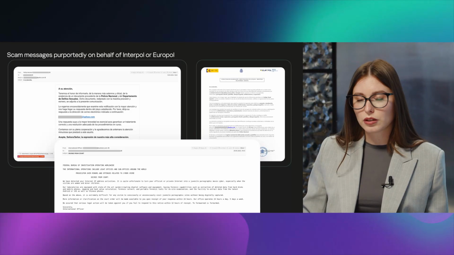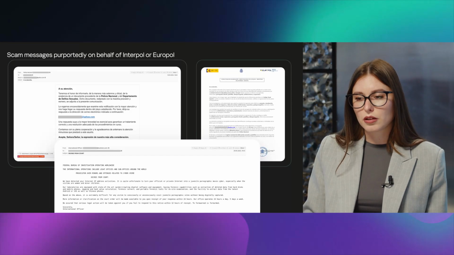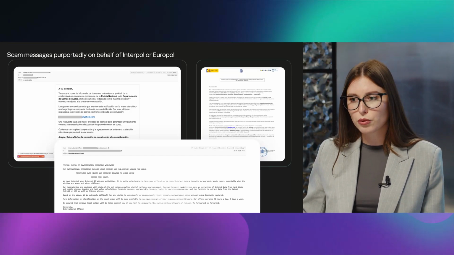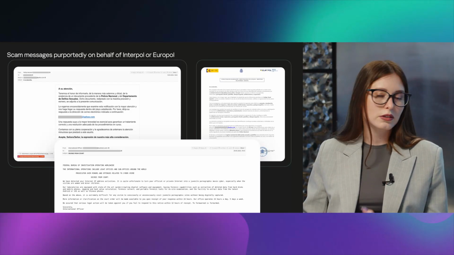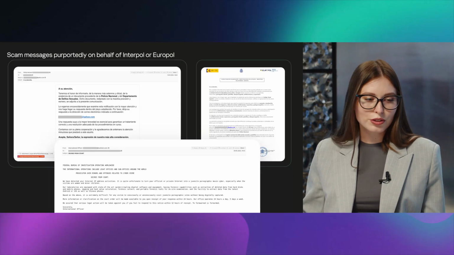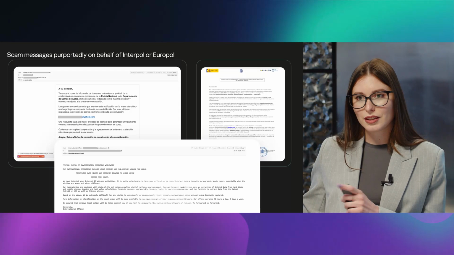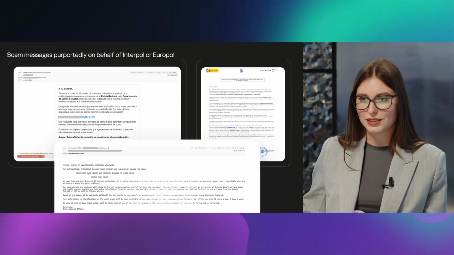Victims are accused of storage and distribution of prohibited materials with sexual content and informed that a criminal case has been charged against them. Such messages are often sent on behalf of Interpol or Europol, and therefore it enhances the intimidating effect. To deny the charges, recipients are usually offered to write to an email address, and after that, fake police officers will ask them to pay a fine in order to avoid criminal proceedings.